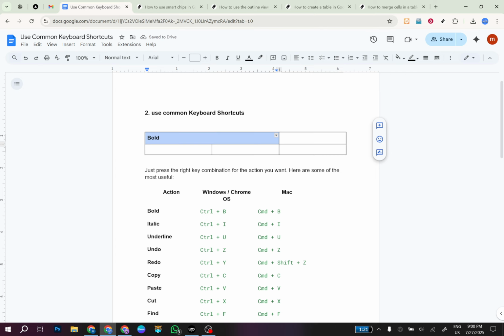This can be particularly useful for headings spanning multiple columns or rows, or for creating a neat structure when your data requires it. If you ever need to undo this action, simply use the Ctrl+Z